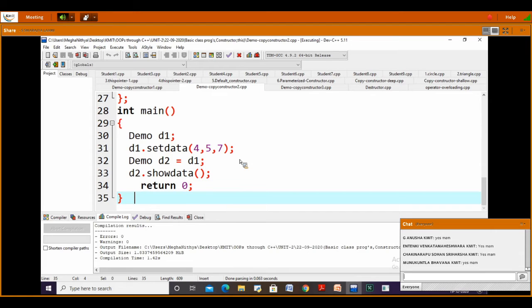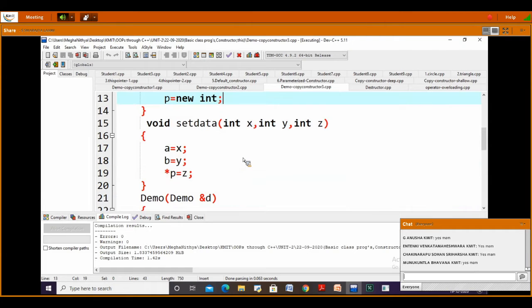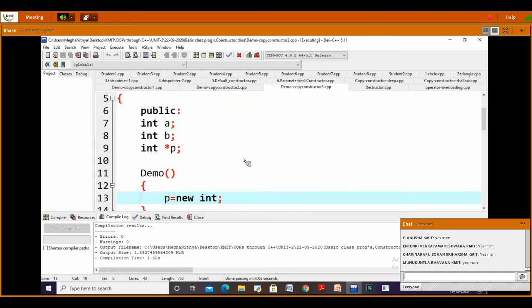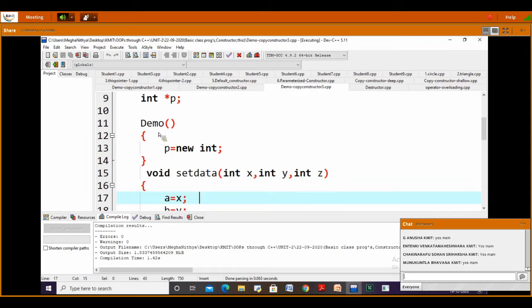Then coming to the third example for the copy constructor, see A, B and P. We have A, B and P, then a default constructor, some normal member function.